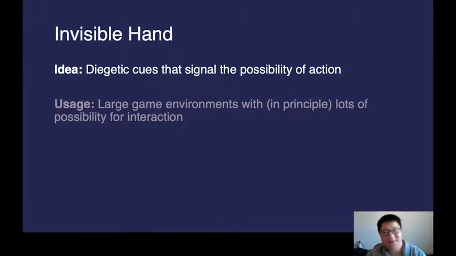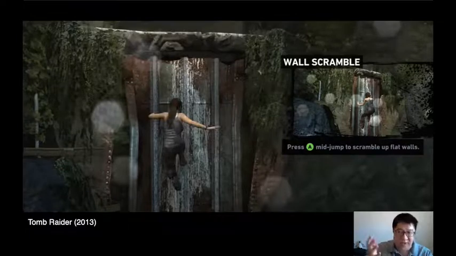So the core idea here is that the game designer uses diegetic cues, or things that the protagonist in the video game would actually see, to try to give you hints about interaction possibilities in the environment. Tomb Raider is a game where the protagonist scrambles around massive indoor and outdoor environments. And early on in the game,